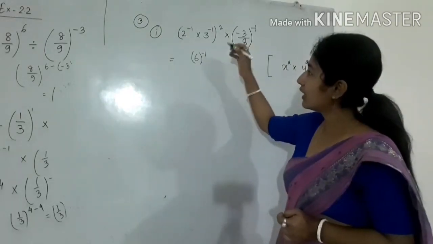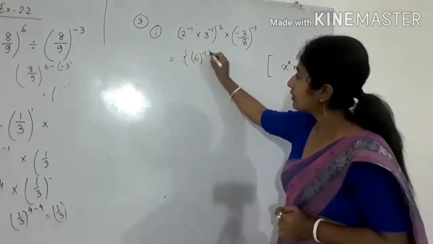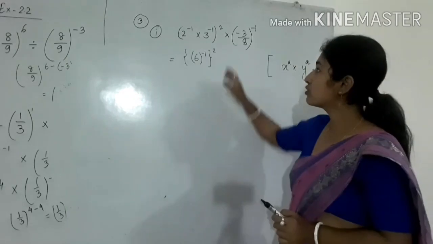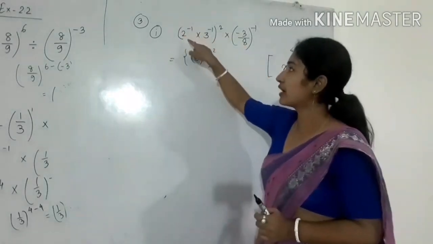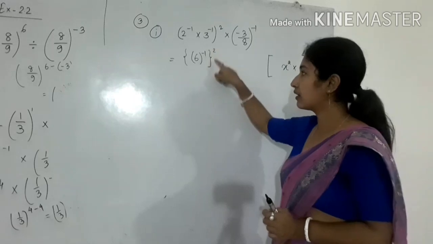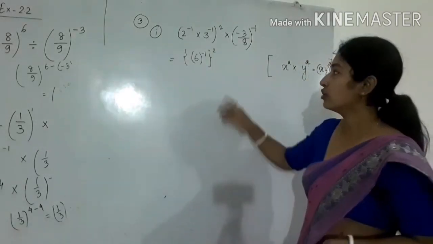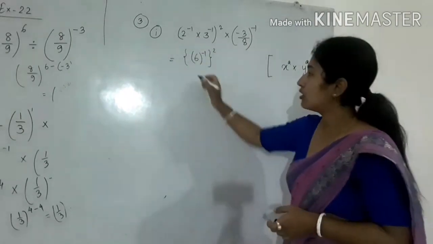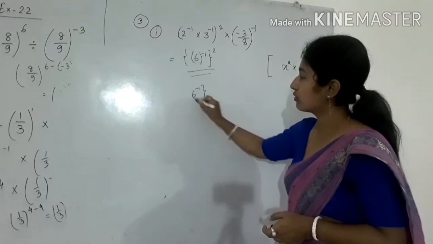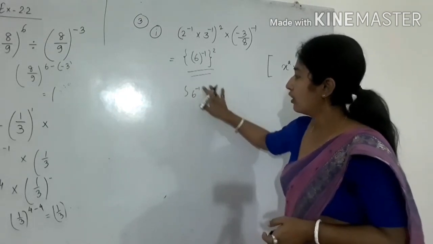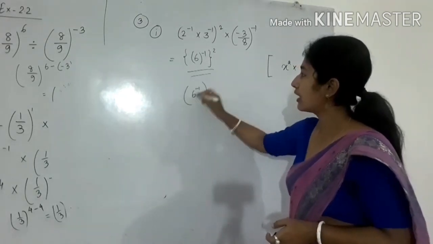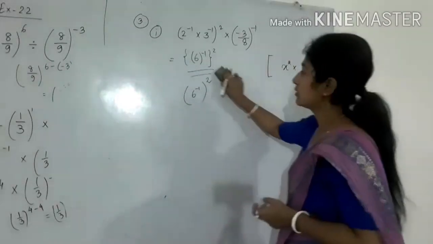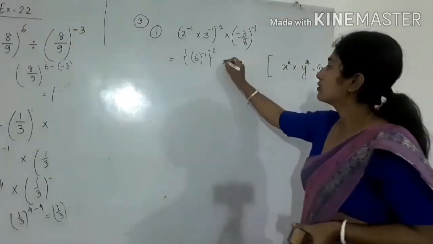Then whole to the power, again it is 2. Try to write a curly bracket because here two powers are there. The round bracket is already there, but don't write the round bracket again because that has no meaning. So write the round bracket first, then the curly bracket. Also, you can write it like this, which is also correct. If you don't want to write the curly bracket, you can directly write like this also. Okay, so I am writing like this one.